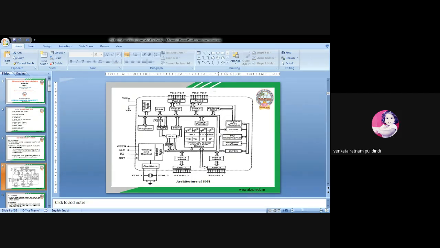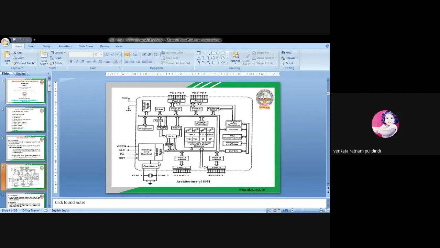So generally we know the meaning of program counter. The program counter always shows the address location of the next instruction to be executed. Here it is the program counter and the program counter incrementer, and it is the DPTR, that is the data pointer register. And at the left side we have timer and control signals. Here it is the instruction register, and at the bottom we have the oscillator.